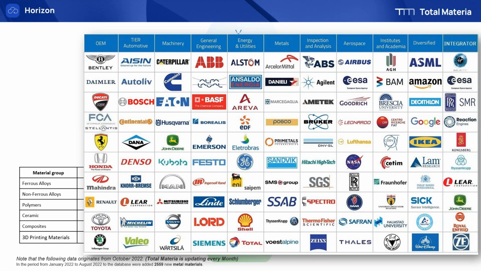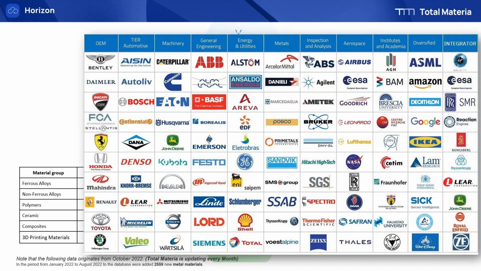They are not only giving their material information into Total Materia, they're also following the news, what's new in the material industry, what new materials Total Materia added into the system, and how they're improving and comparing their material with the worldwide material